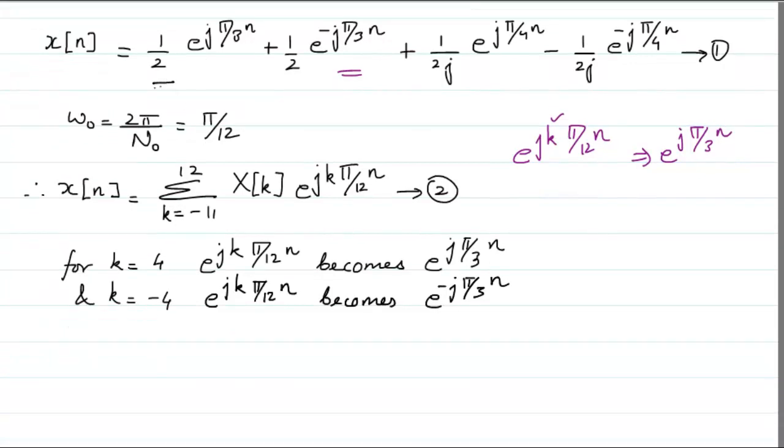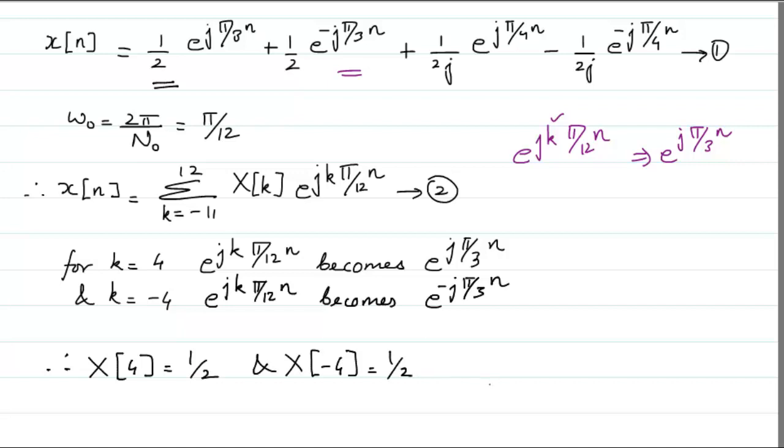Therefore, this value will be what? This will be, for k is equal to 4, x of 4 equal to 1 by 2, and x of minus 4 also equal to 1 by 2. Similarly, if I want to get these two equations, look at this equation. You can see that if I put the value of k is equal to 3,